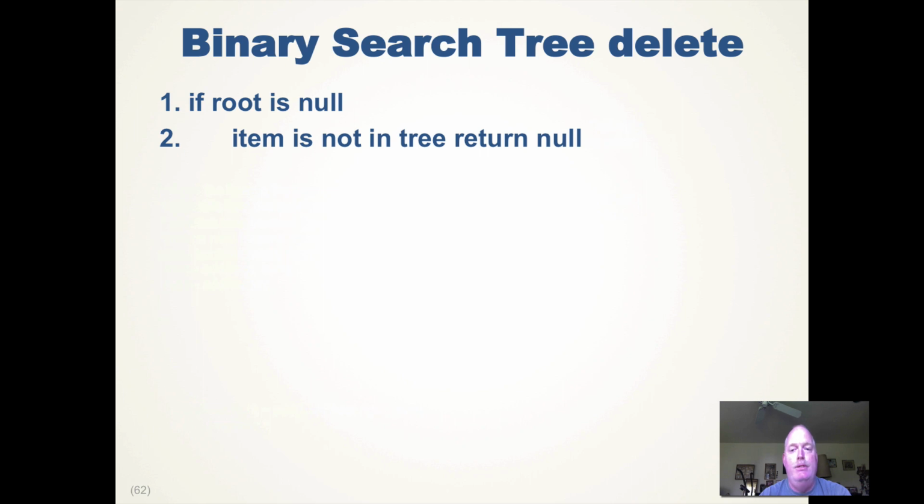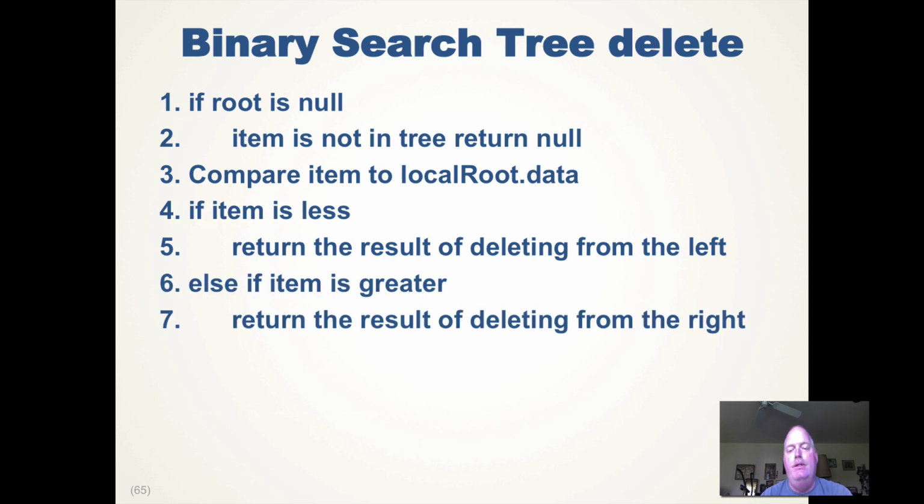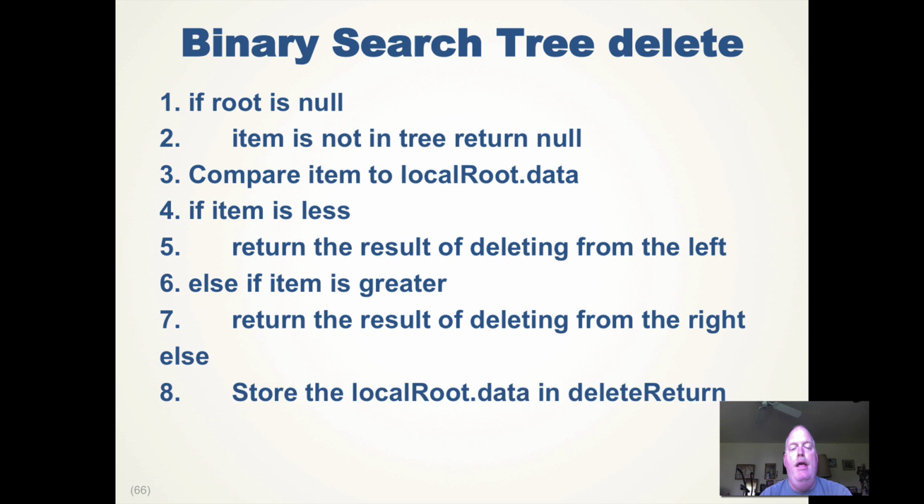We were unable to delete the item from the tree because it didn't exist in the tree. If the root is not null, we compare the item to the local root. If it's less than, we delete from the left subtree. If it's greater than, we delete from the right subtree. If it's equal, then we remember the data that we're deleting,